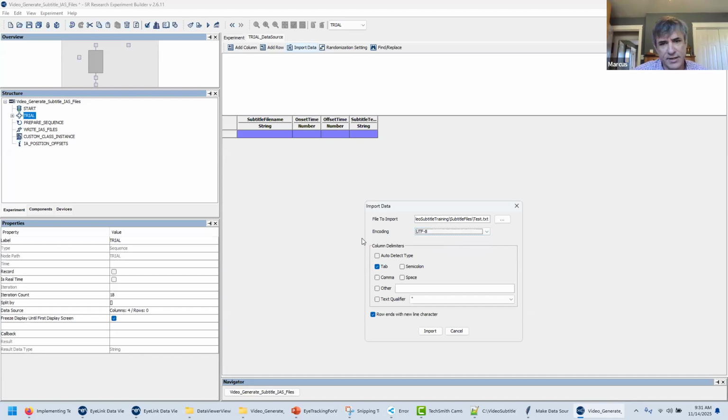This may change if it turns out Chinese characters aren't supported this way. We might have to look at a different encoding or a different version of the script, but at least for Polish and English, this should work. And then just leave all the rest as it is. It's tab delimited and each row ends with a new line character. And so we can click import,